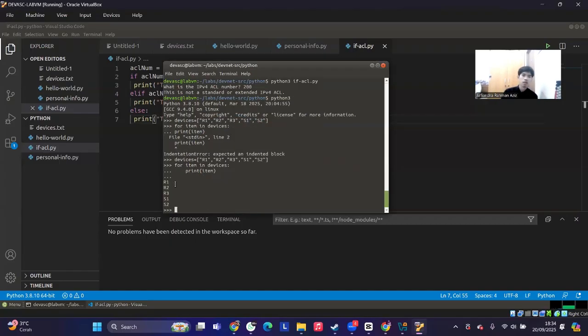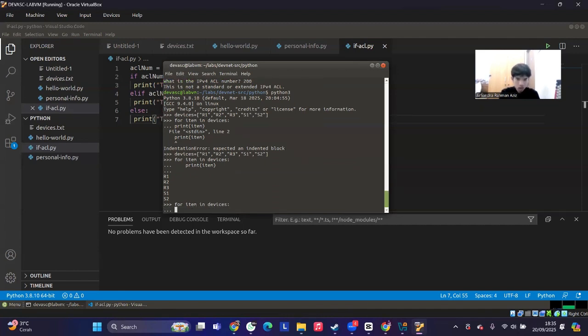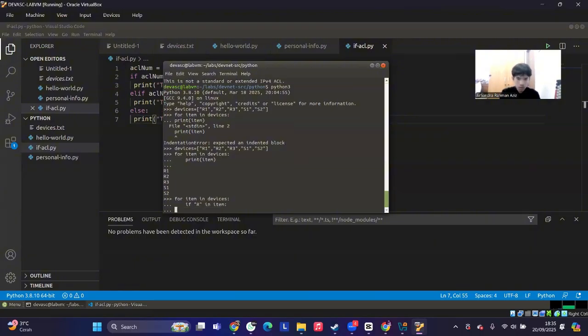Then you can see that it will print R1 until S2. If I type for item in devices again, then if R in item, then print item.